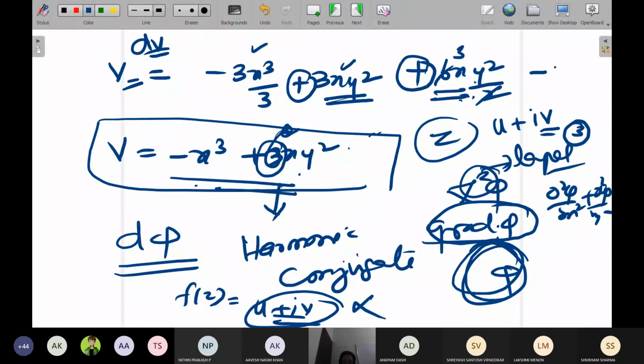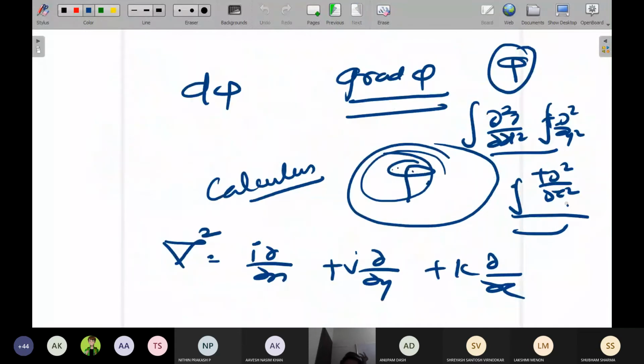So this is about finding the harmonicity and finding the harmonic conjugate also we finished. Okay, now we will talk about the construction of analytic function. So all these days what we were trying to see was whether the given function was analytic or not, whether the given function is differentiable or not. These type of problems only we have been seeing. Now we are going to use construction of the analytic function.